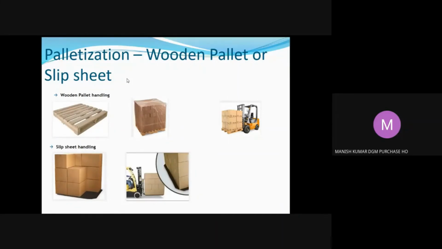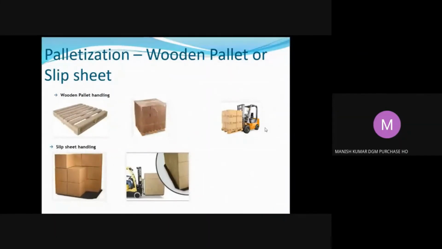If you're supplying to Europe, they ask for the Euro pallet, or you can design your own size pallet if your warehouse in those countries is comfortable with it. Then the cartons you are packing, or bottles packed in shippers, are stretch wrapped, and you can put angle board or edge board there, and put a strap on.